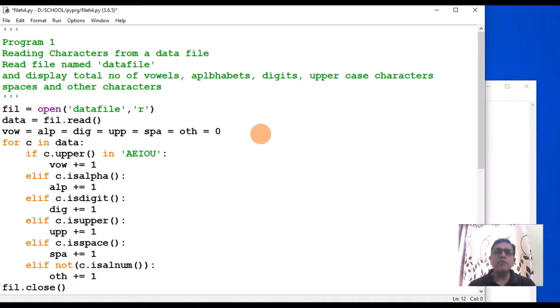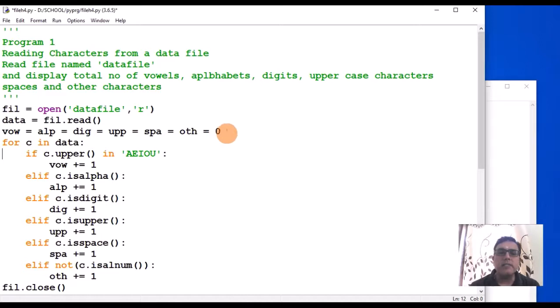So what you have to do now is read the data file and then check each individual character. Only then will you come to know whether it is a vowel or an alphabet or an uppercase character. First you will read the data file. Initially these are the variables which store how many vowels, alphabets, digits, uppercase characters, spaces, and other characters.